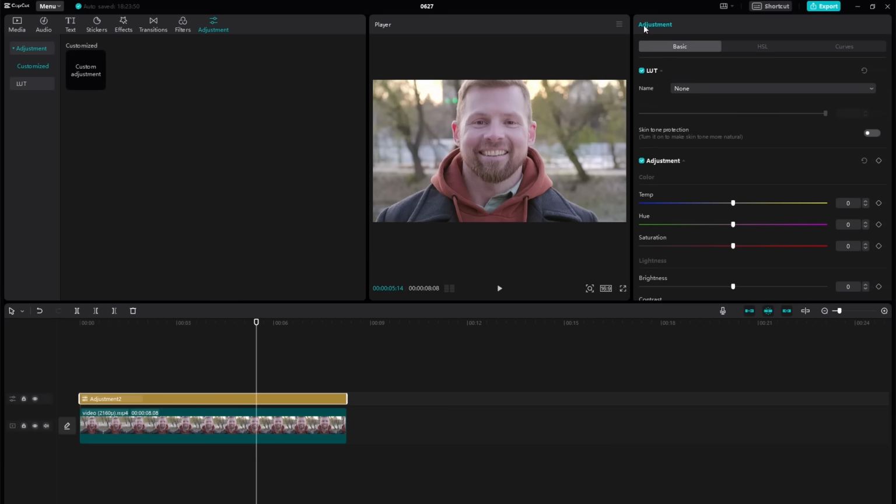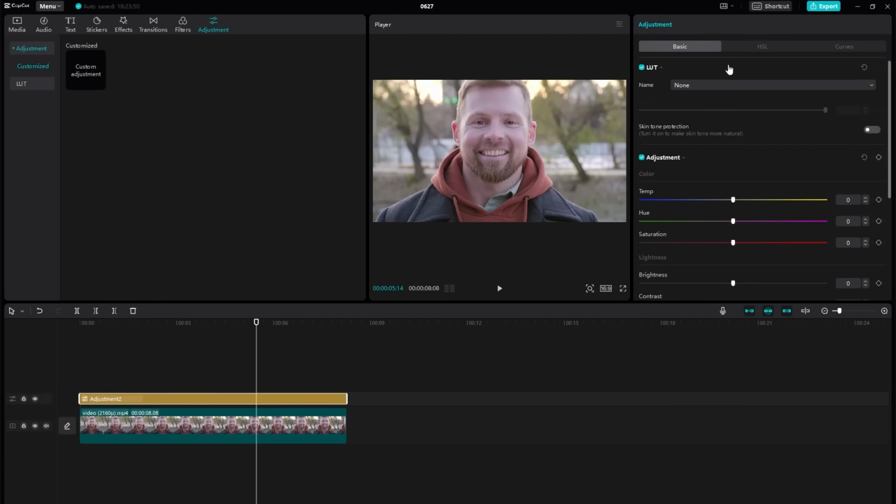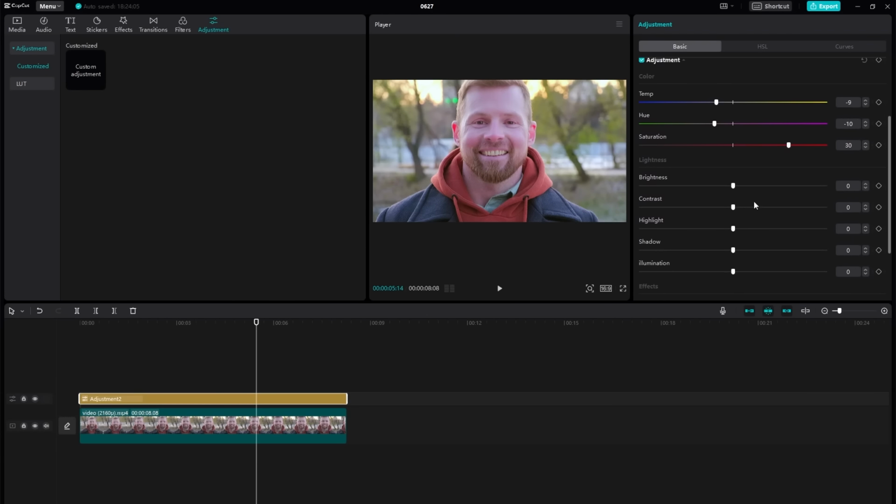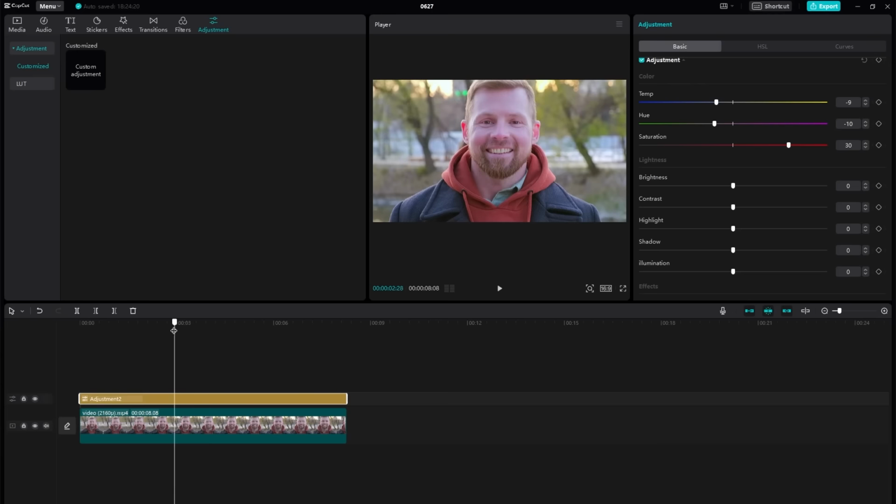We are on our adjustment layer section, and now from here we need to increase the blue tone of the video, and after that we need to increase the hue towards green, increase the saturation. So you can see it has started to already look way better, and we can just move to a different